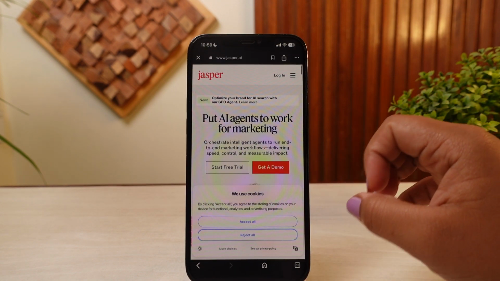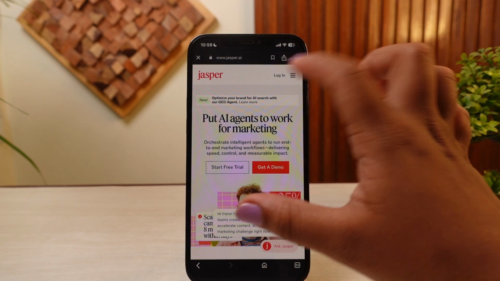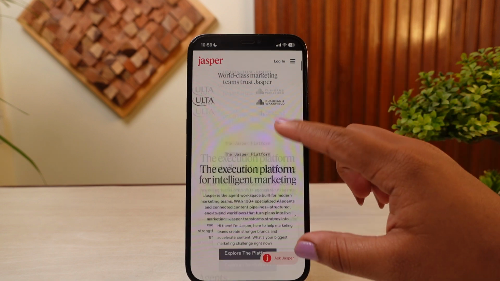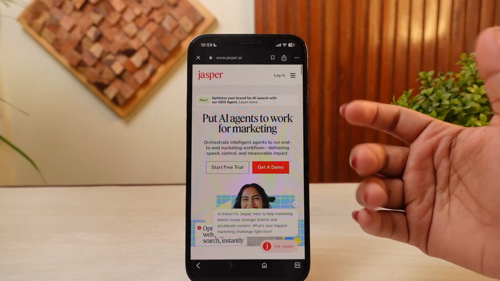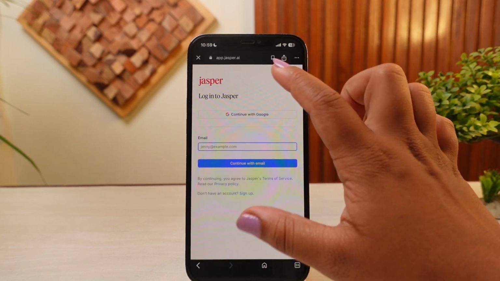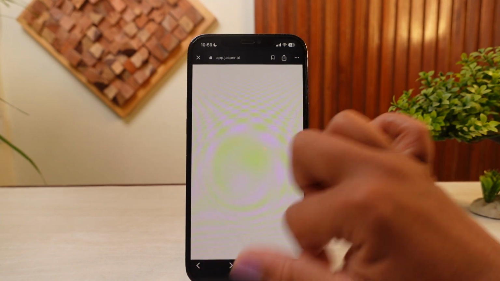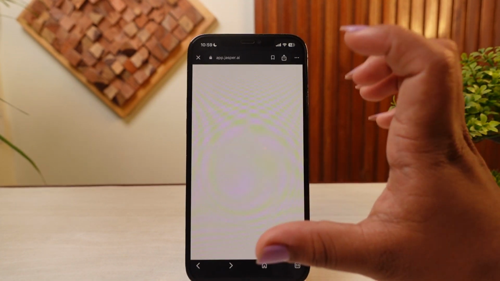So the very first thing that you need to do is simply get into any of your browsers, search for Jasper AI, get into jasper.ai, or you can use the application version if you want to, that's up to you. Just make sure that you are logged into your account, right? Simply tap on that login and then add in all of the credentials of your account. Make sure that you're logged into your account, then you'll be able to get into Jasper's